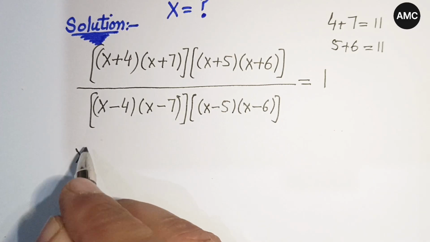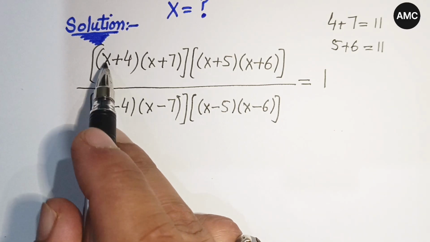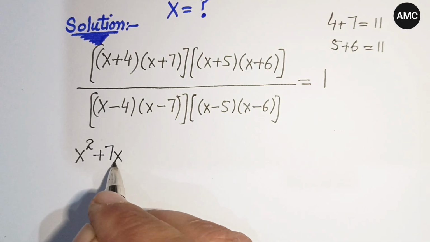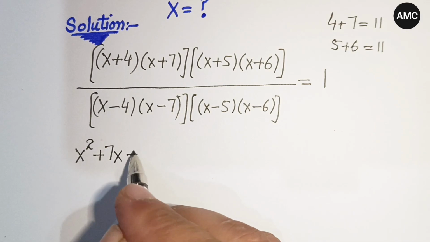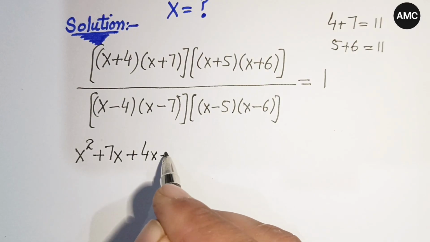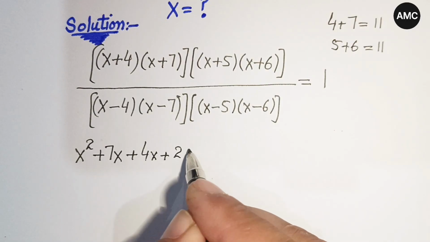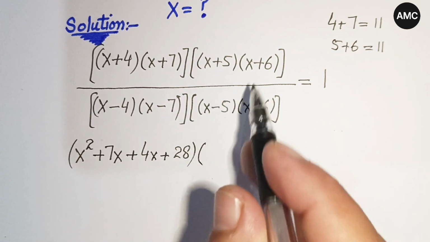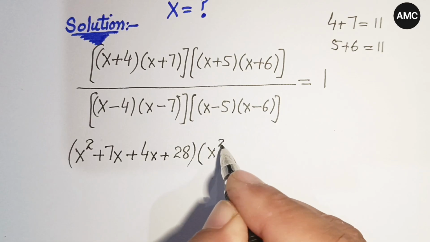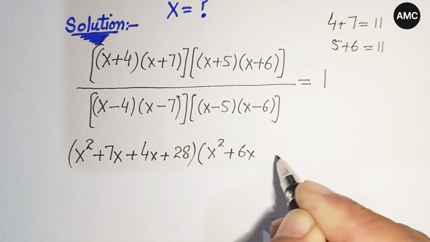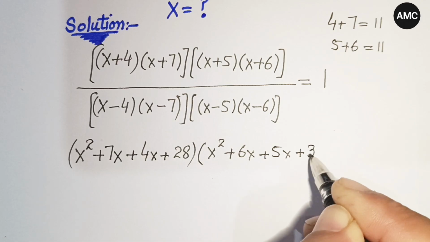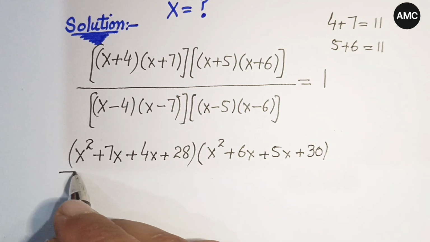Now multiplying x plus 4 with x plus 7, we have x times x is x squared, plus times plus is plus, 7 times x is plus 7x, similarly 4 times x is plus 4x, and plus 7 times 4 is 28. Similarly, x plus 5 times x plus 6 will be x squared, plus 6 times x, plus 5 times x, plus 6 times 5 is 30, all over